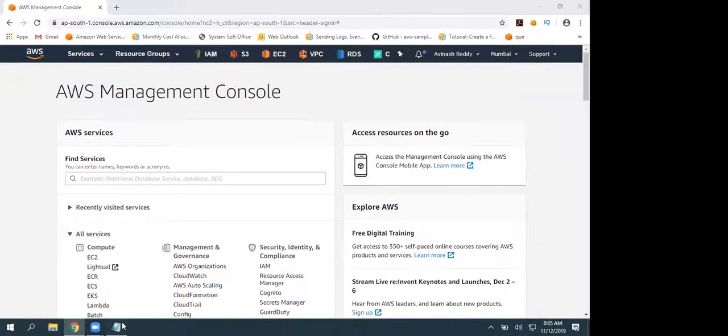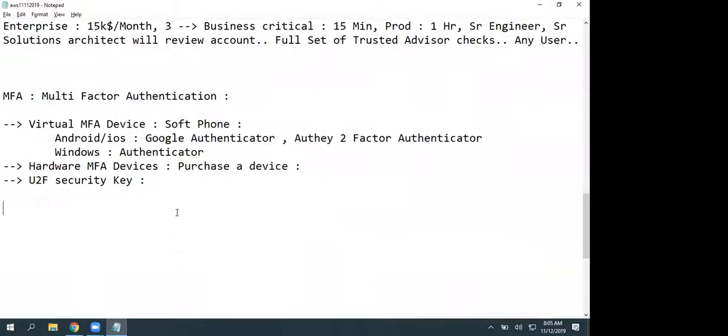Now, I have one question. So I told you this, whatever the email you use to create this AWS account is called a root account. And if you are using this root account, you can perform any operation. Agree or not? Account close, or you can change support plan. You can perform everything, right?